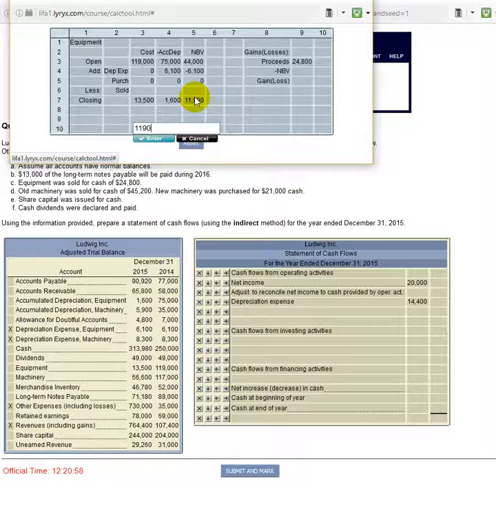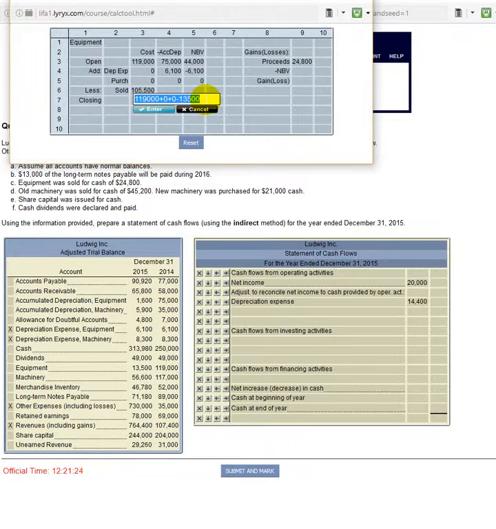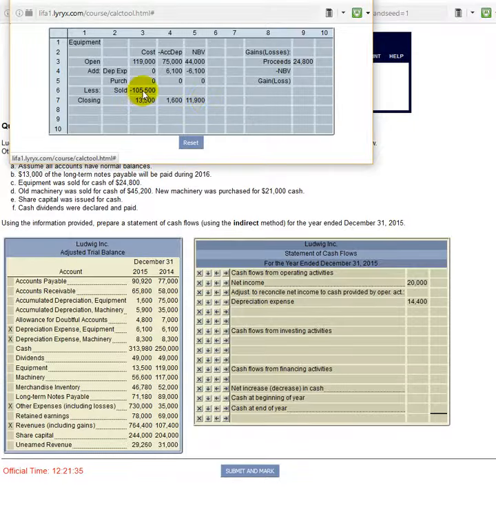The calculation goes like this: 119,000 plus 0 plus 0. That's our estimate of what the number should be at the end of the year if there were no sales. And then we subtract the actual amount in the ending balance, 105,500. It says that was the cost of the assets that were sold. Now we want to be subtracting those, so let's put some brackets around that expression and put a minus sign in front